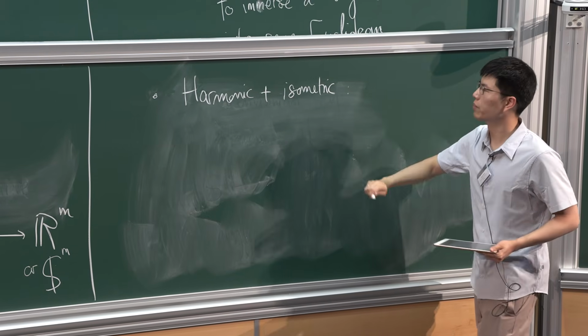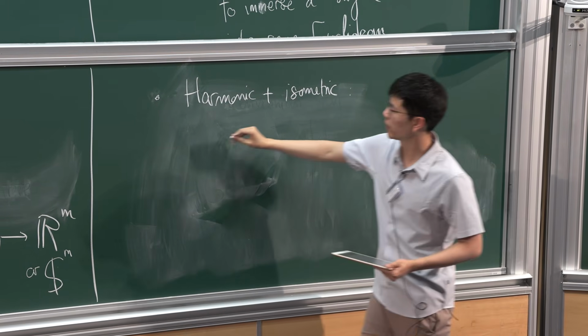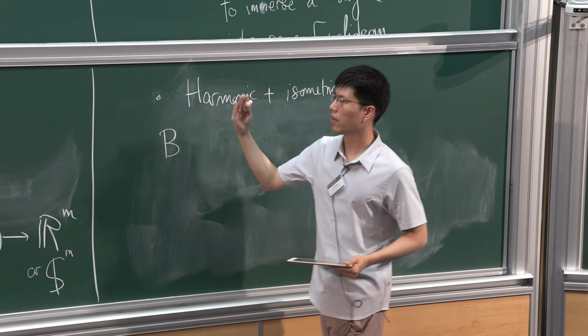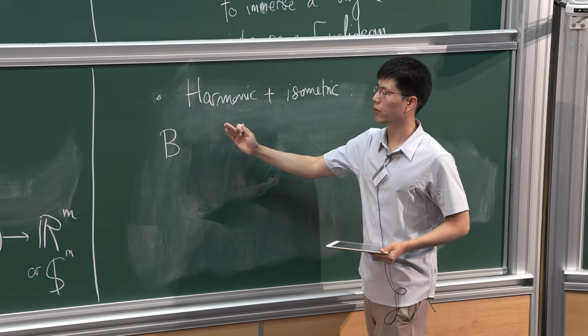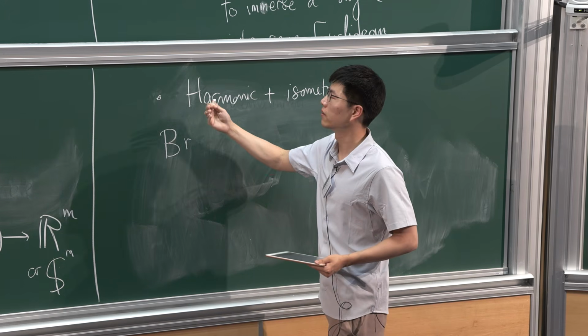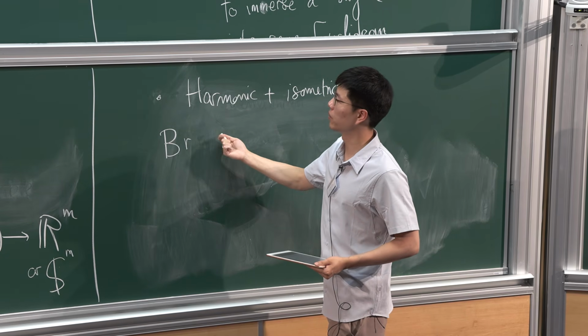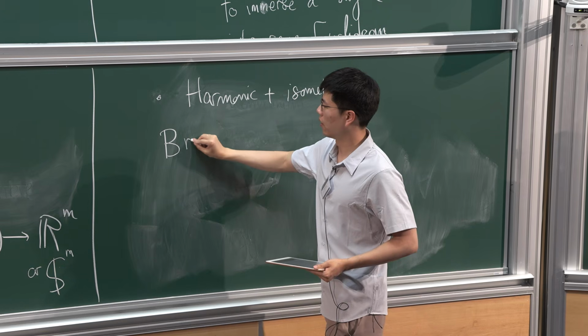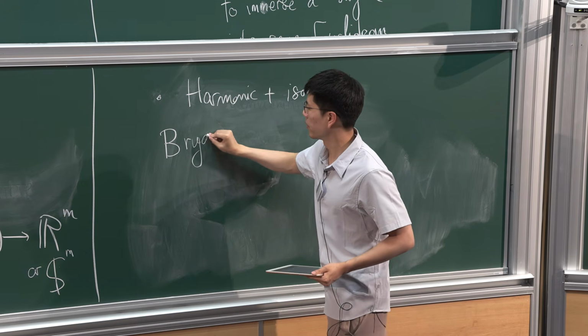So what happens if you impose harmonic plus isometric? And so here you have the opposite problem. You have too much rigidity. There cannot be any example of such maps. So the statement is